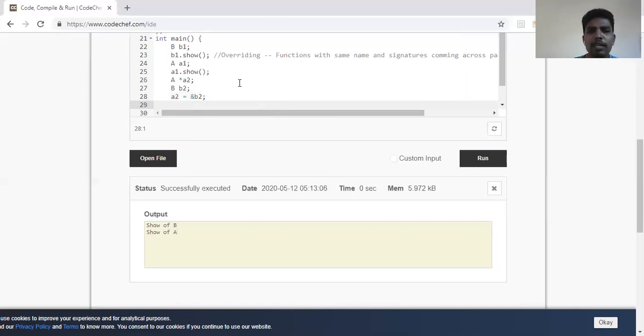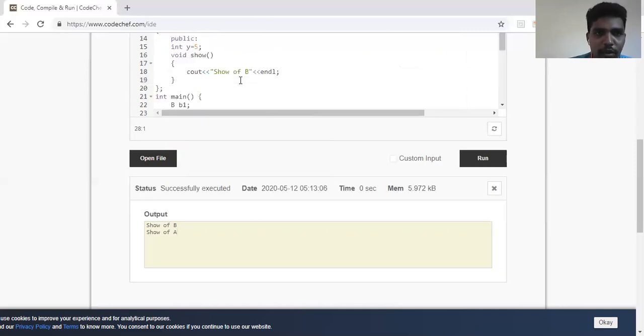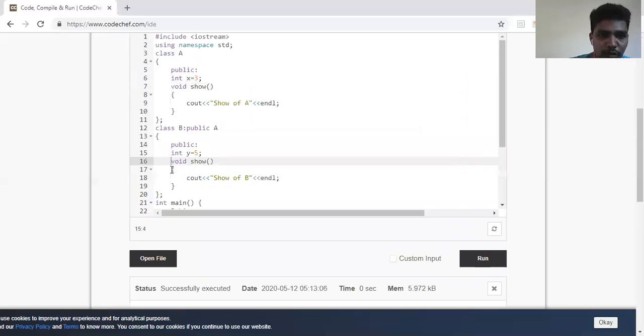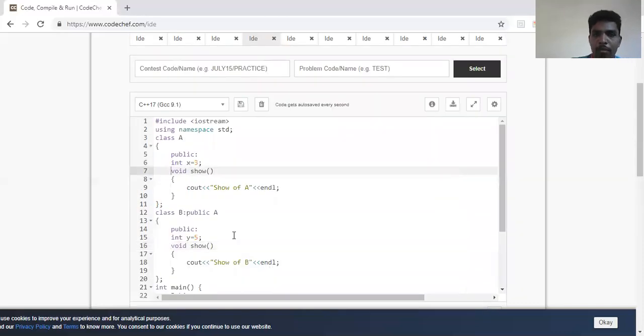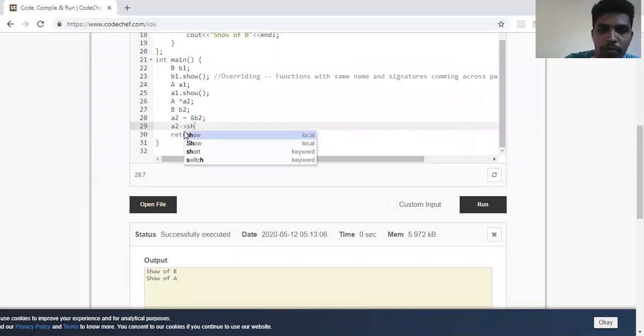Listen carefully, it is a little bit complex concept, which we call runtime polymorphism. And I'll make this function virtual. Now when I make the function of the parent class virtual, I should be calling A2 dot show, since I've used a pointer.